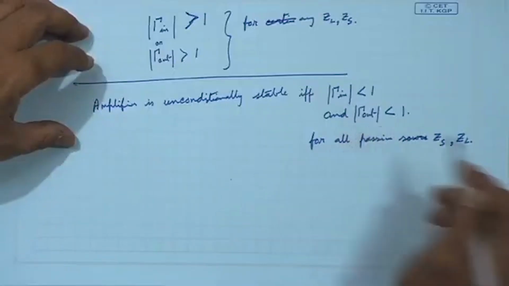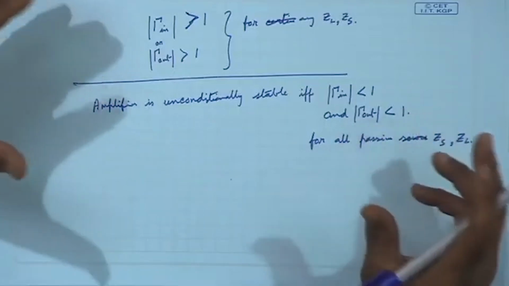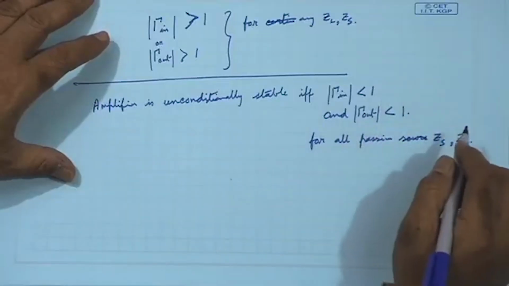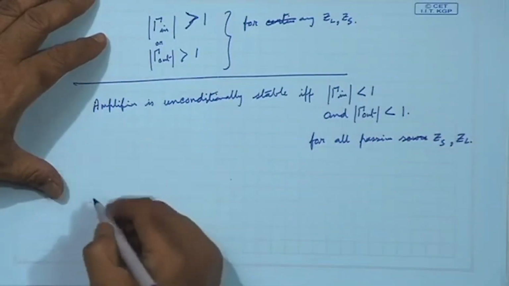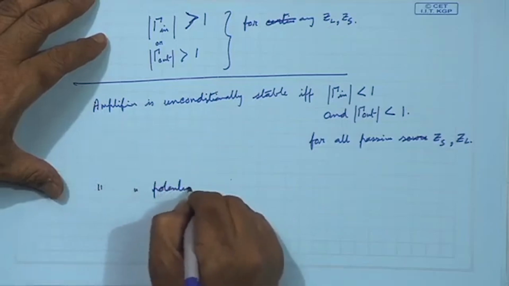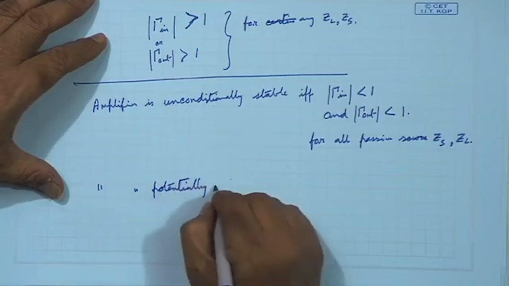Now, we have seen that these gamma in and gamma out values depend on the S parameters of the device and also on load and source conditions. So, we can find out some criteria, or we can find out on the Smith chart whether this is taking place or not. Similarly, an amplifier is potentially unstable